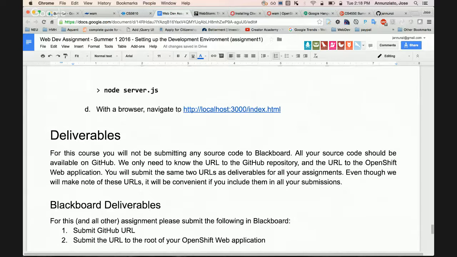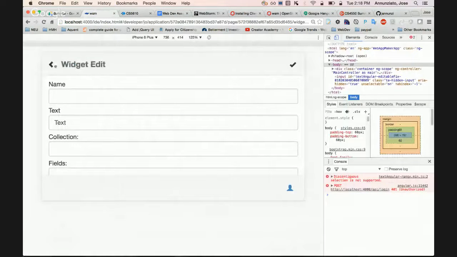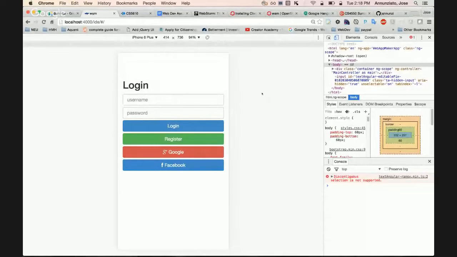All right, so I'd like to demo the assignment that you're going to be working on. You're going to be implementing an application that allows you to build applications, or allows you to build websites. So you'll build a website that allows you to build websites. Somewhat like an IDE, but an IDE that you can use right on your phone, so that you can build mobile web applications.